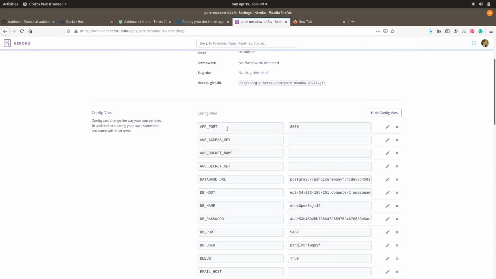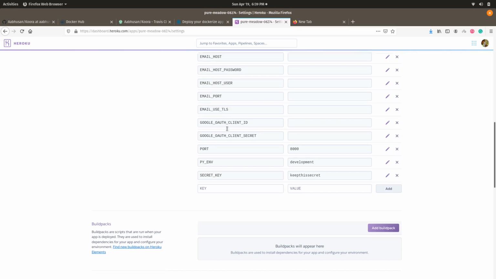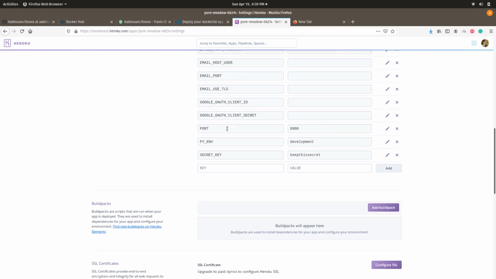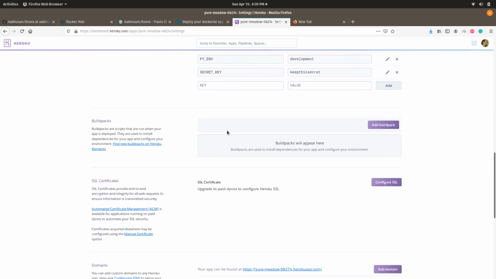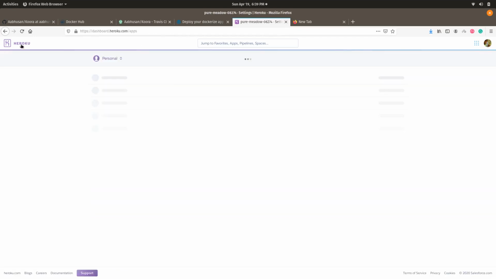Here you can put all the environment variables like I have passed in Travis. So it is as simple as that. Here you can put all the required environment variables in Heroku.